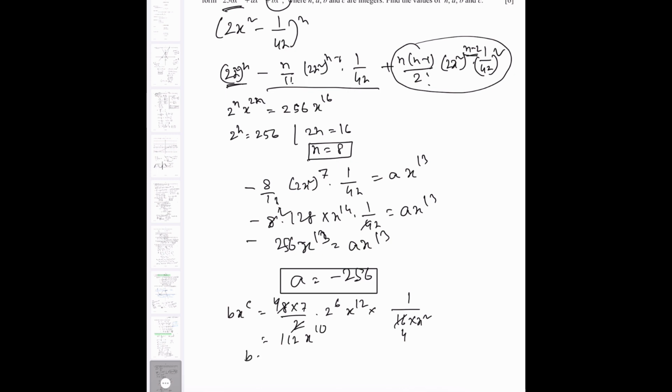So 112 x to the power 12 minus 2, so 10. So b equals 112 and c equals 10. So we know d/dx of u by v equals